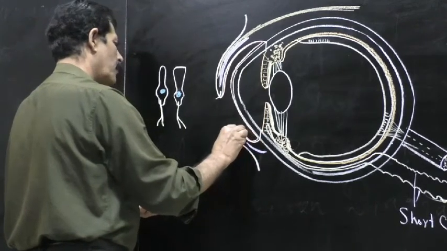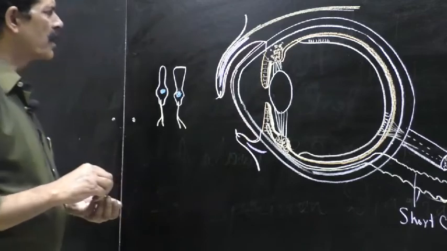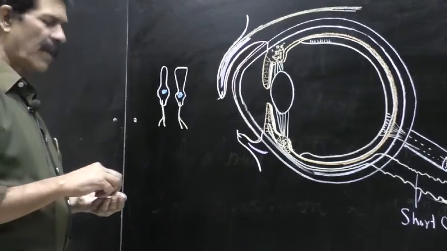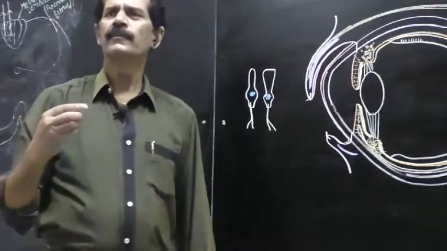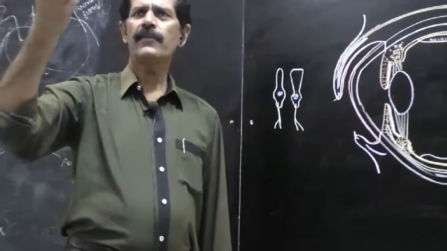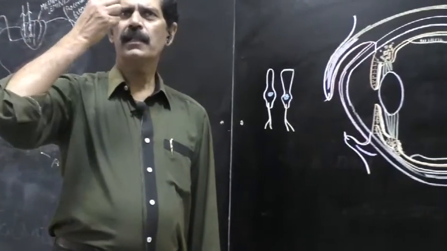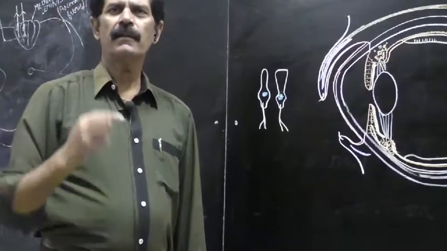So upper and lower lids are covering it. So it is protective in function. Now as we know, the cornea is very sensitive. So whenever any insect or any foreign body touches the cornea, suddenly our eye closes,